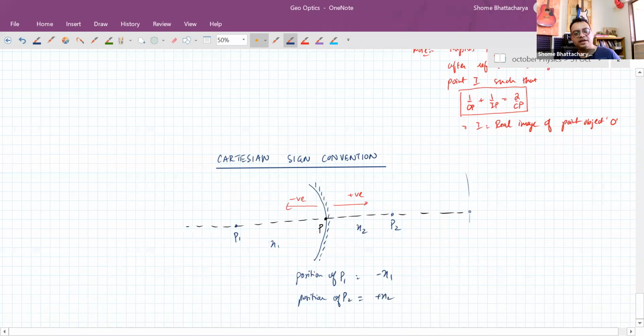So coming back to the above diagram, incorporating the Cartesian sign convention,